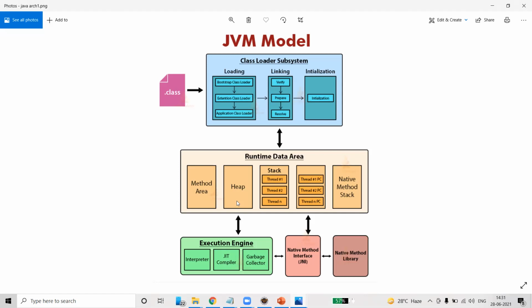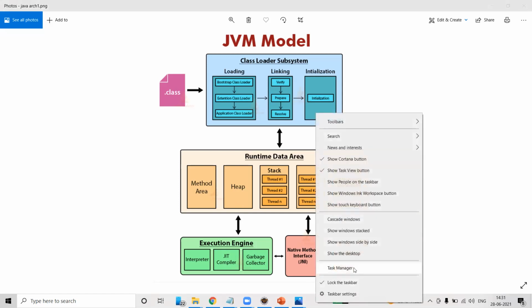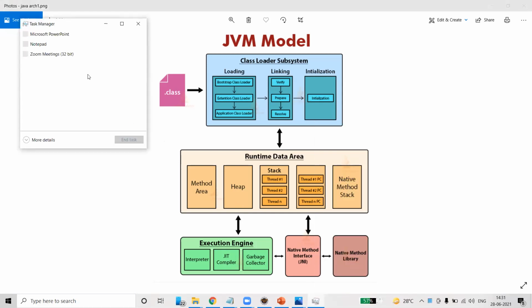What is a thread? A thread is nothing but a process. Currently, how many processes are running in our system? On my laptop, go to task manager and see how many processes are running: Microsoft PowerPoint, Eclipse, Google Chrome, Notepad, two Notepads. Even though the application is the same, I have created 2 instances. That means every process is a thread. How many threads are there currently? 1, 2, 3, 4, 5, 6, 7. Visibly, there are 7 threads running in my system.